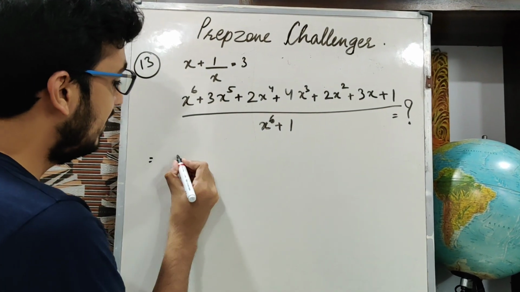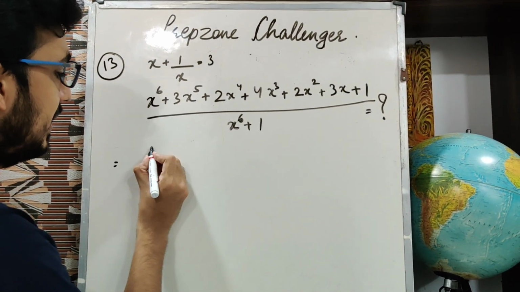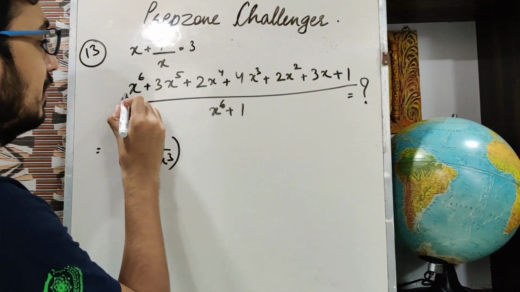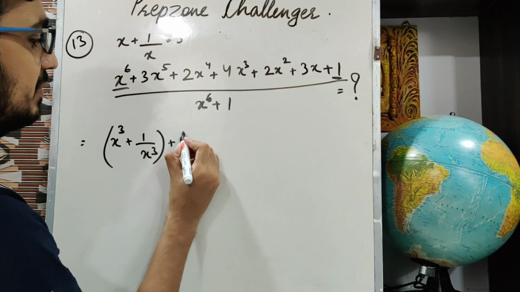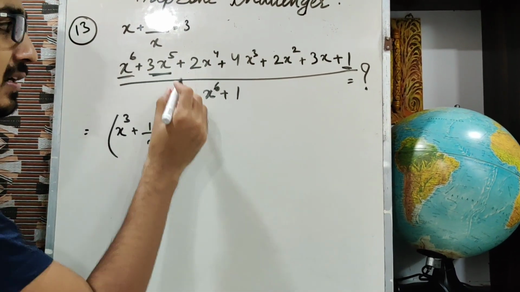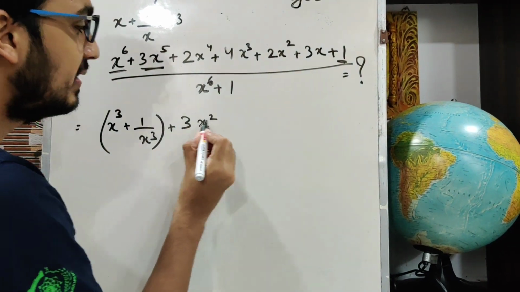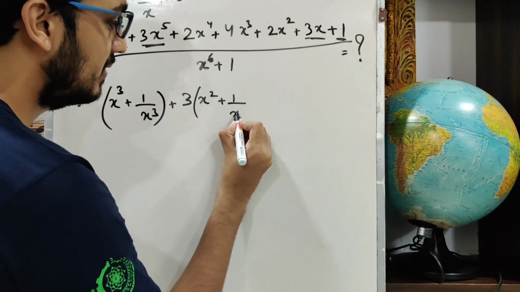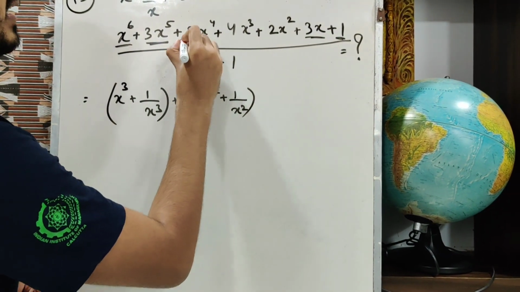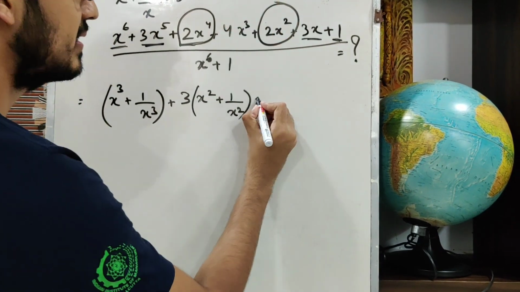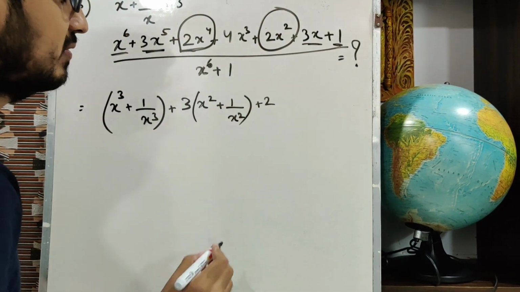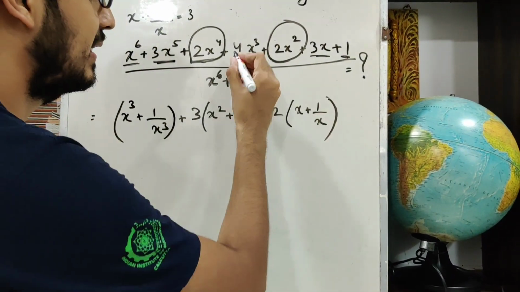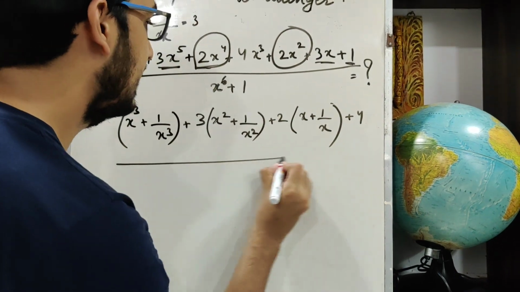So let's do it. What does this become? This becomes x cube and this becomes 1 by x cube. I'm just clubbing the first term and the last term. Similarly, if I divide by x cube, this will be 3x square and this will be 3 by x square. I'll take 3 common, so this becomes this expression. Similarly, this and this, and I'll take 2 common. So this will be x plus 1 by x, and this will be 4, and the denominator would be